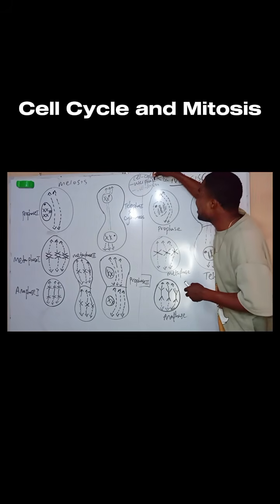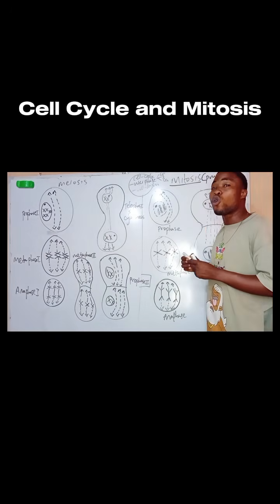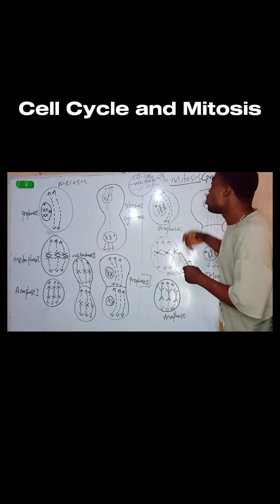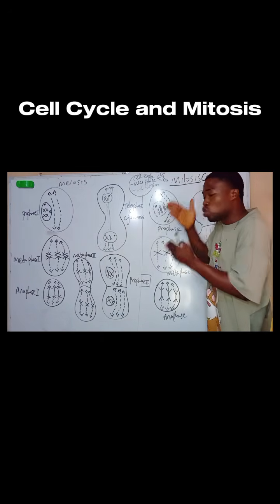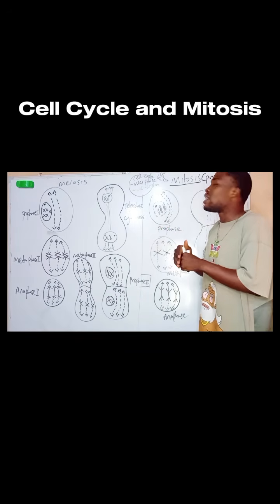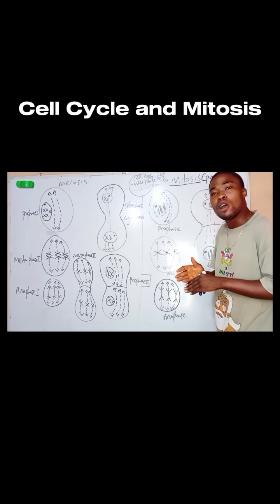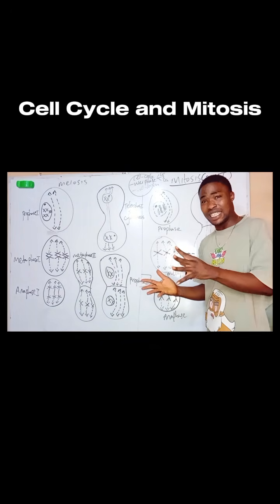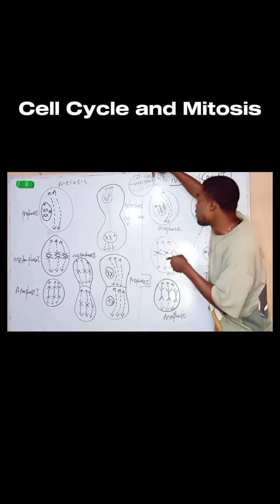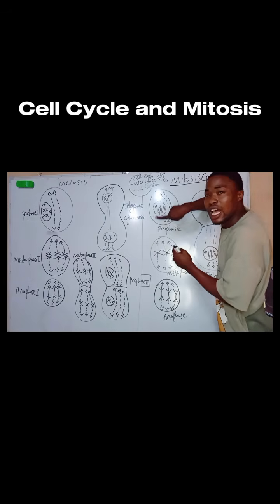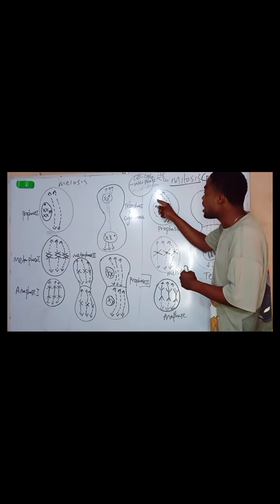Before, in a cell in interphase, chromosomes carrying our DNA are usually invisible chromatin threads. But as we get to early prophase, the chromosomes begin to shorten and condense. They are not yet fully visible in early prophase. In late prophase, they become more condensed and form chromosomes. So these chromatin threads, invisible in interphase, become visible in cell division, which is prophase, and form what we call chromosomes. The chromosomes become more and more visible in late prophase, and now the nuclear membrane